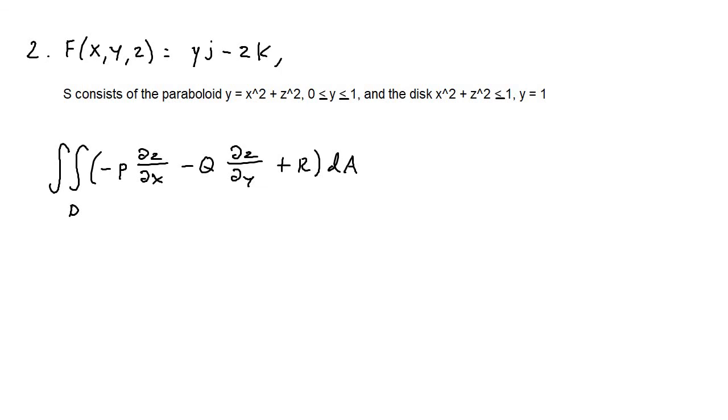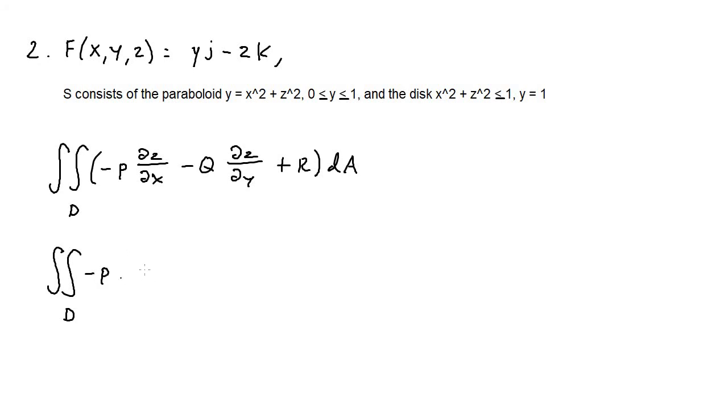Now, I just wrote down the formula that we used in the previous problem. But notice, in this case, we aren't given z equals some function. We're given y equals some function. So it's better to put everything in terms of y. So we can rewrite the formula as the double integral described by the region D of negative p times,